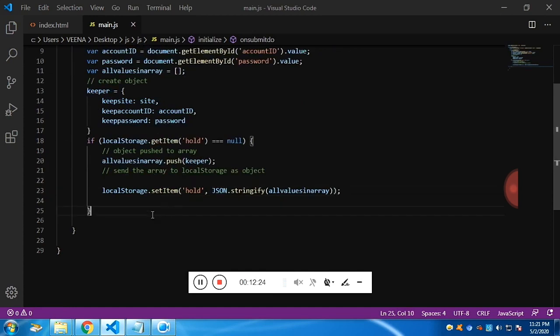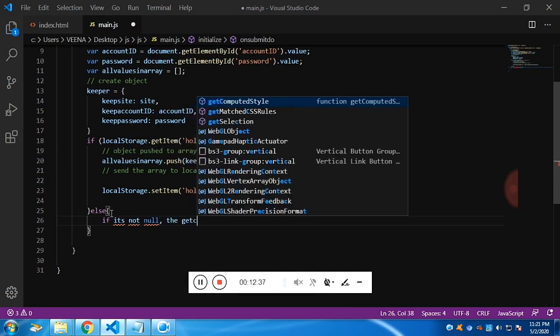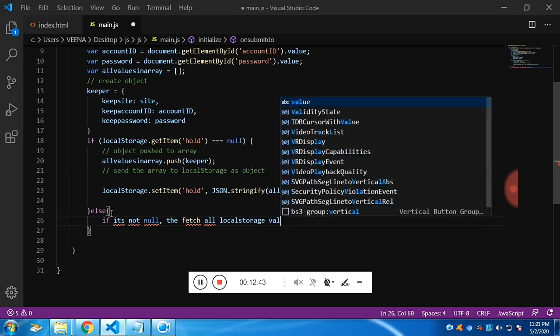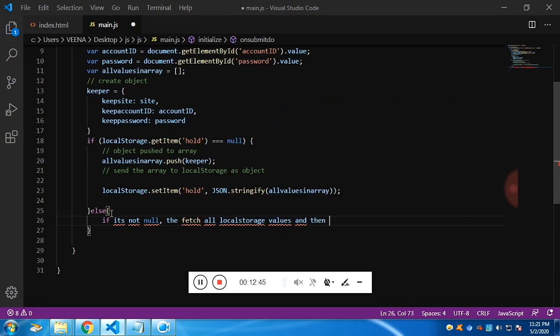Fine. Now if it's not null, we want to get all the values from the local storage, sorry, not the input field, and push them again. If it's not null, then fetch all local storage values and insert them again in the form of an array.